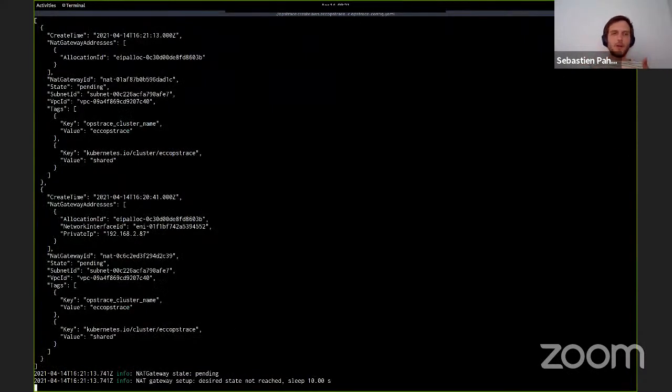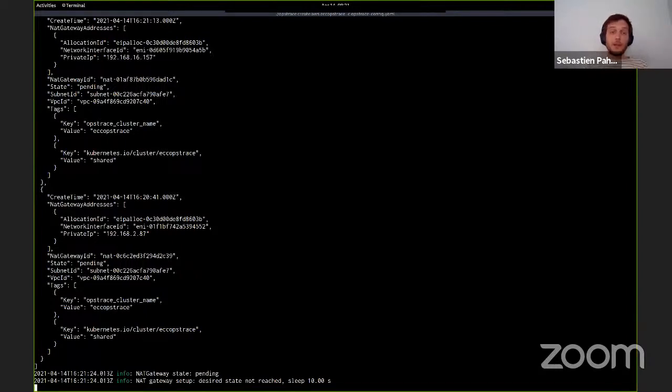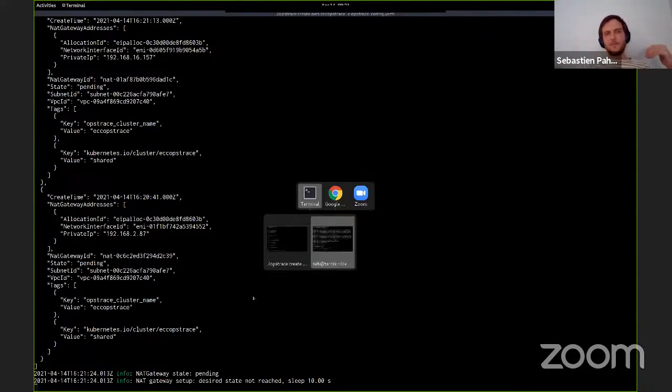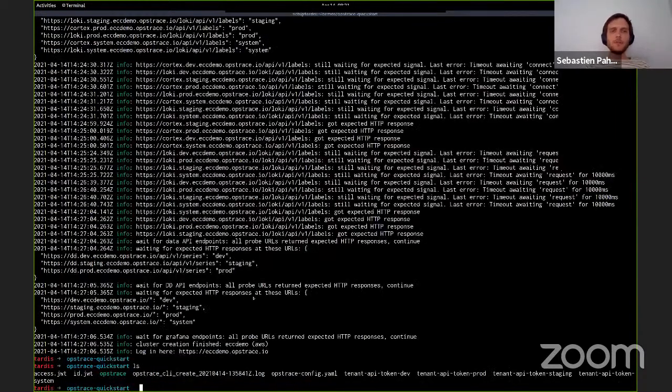This is true for install. This is true for destroy. There's nothing more frustrating than closing your laptop and everything's gone. So as I said, we will not be waiting half an hour for this one to come up. We'll come visit it a bit later. In the meantime, I have one that is fully up called ECC Demo. I started it this morning.